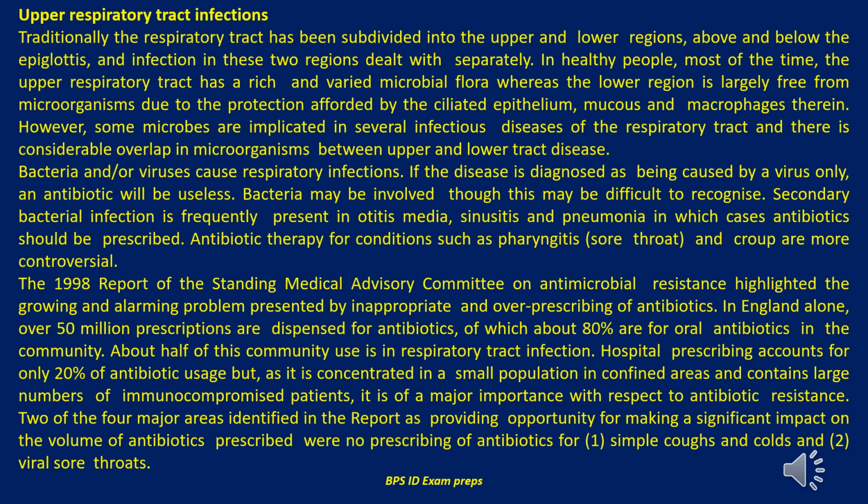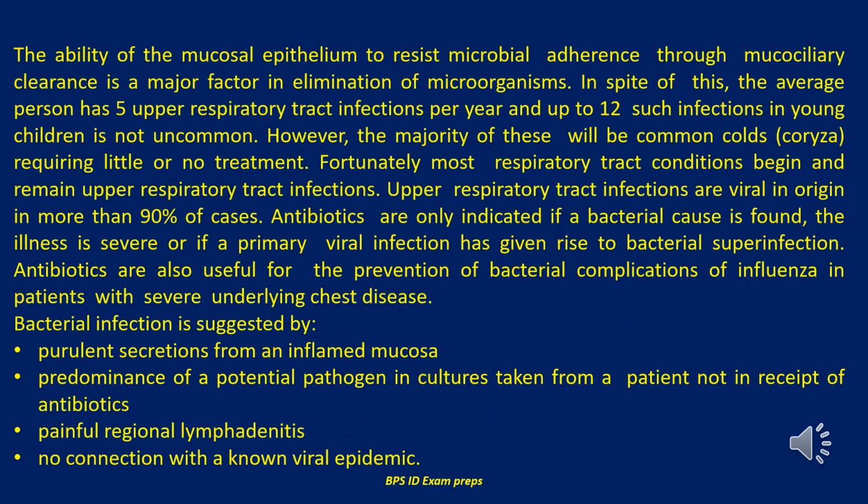Two of the four major areas identified in the report as providing opportunity for making a significant impact on the volume of antibiotics prescribed were no prescribing of antibiotics for: 1. Simple coughs and colds, and 2. Viral sore throats. The ability of the mucosal epithelium to resist microbial adherence through mucociliary clearance is a major factor